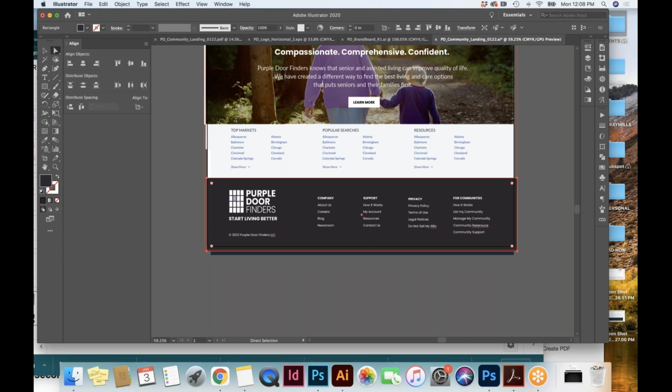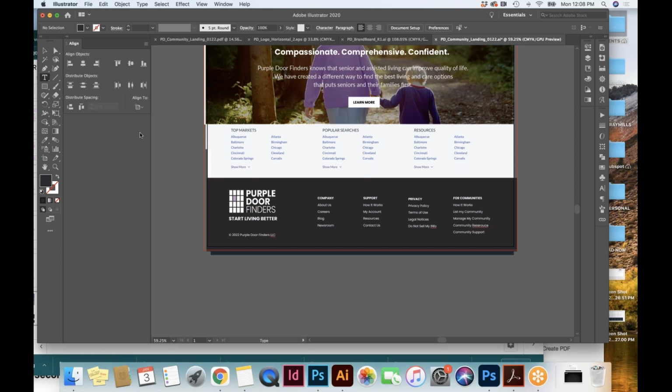Okay, so I was going to finish my statement. Support was for the end users and for communities was just for communities. So the how it works would go to a different page than this, because how it works for communities is different. So that's going to be confusing. My account, like under support, is the prospect account, right? Or is it also for the community? That's for the user, what we call prospect.